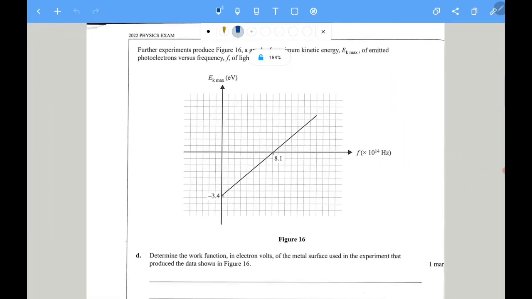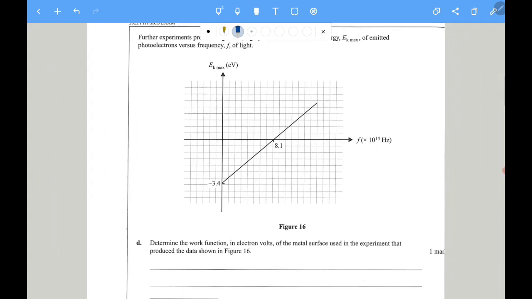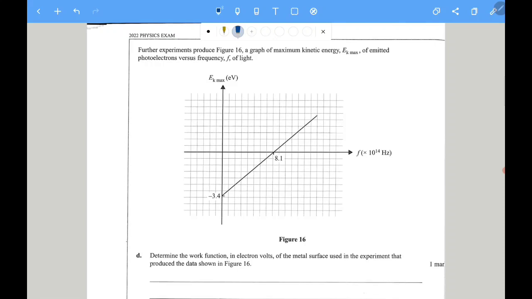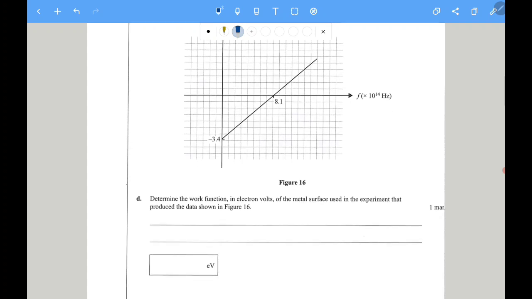Right, so now we have a kinetic energy frequency graph. I'm not sure why this inner graph isn't given by a dashed line. That's not a problem. Alright, so we have to analyze the work function in electron volts of the metal surface in the experiment that produced the data. The work function is going to be equal to the negative of the y-intercept. So that is just equal to 3.4 electron